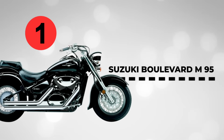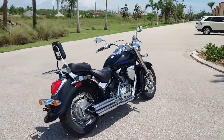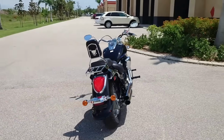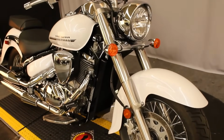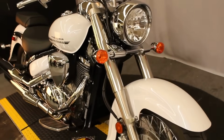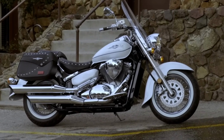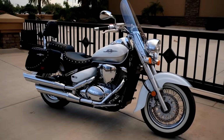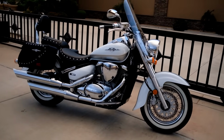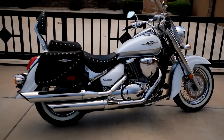Suzuki Boulevard M95. This is not just another refreshed cruiser, this is a brand new platform that marks Suzuki's boldest move in over a decade. The Boulevard M95 is Suzuki's full-scale strike into the heavyweight cruiser territory for 2025, and it lands with serious attitude. With aggressive proportions, premium fit and finish, and modern rider-focused engineering, this machine isn't just meant to ride, it's meant